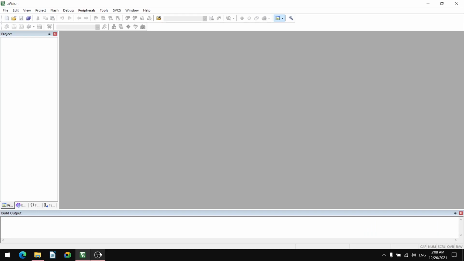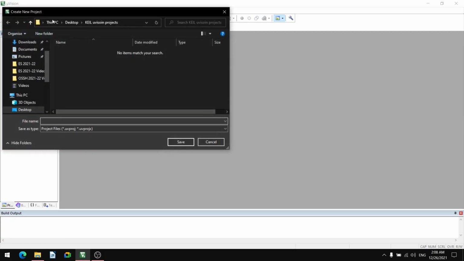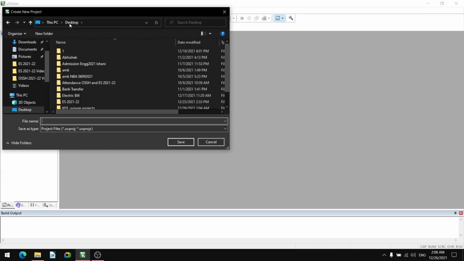So the Keil Macrovision 5 software is launched. Under the Project menu, if I click it, there will be a New Macrovision Project option. We'll start the new project. It will consider any particular folder; if you want, you can change that folder. If you want to check the